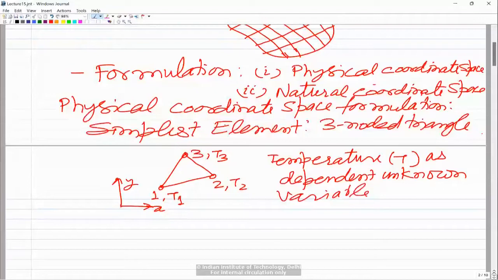So if we take temperature as a dependent unknown variable, then the approximate solution T is now a function of